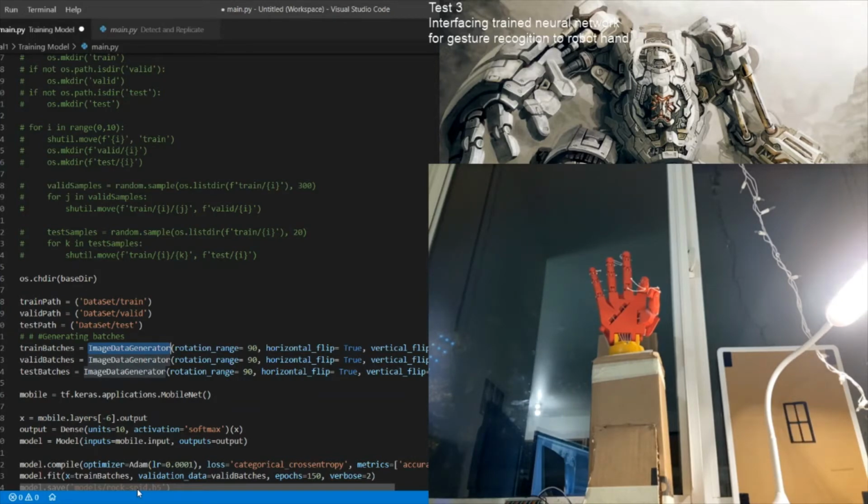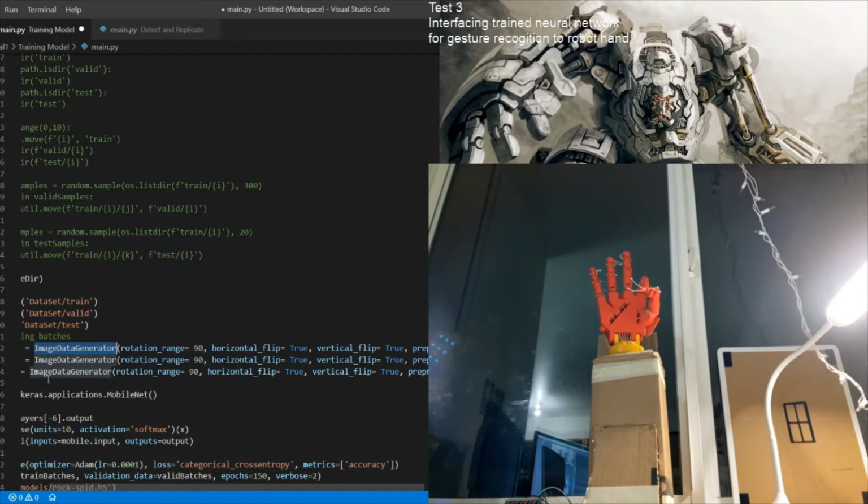It will check the output and train according to what output is required. So this is what our image data generator does: it gets images from the data directory, pre-processes them, and creates batches.